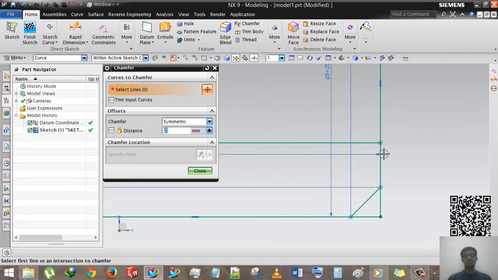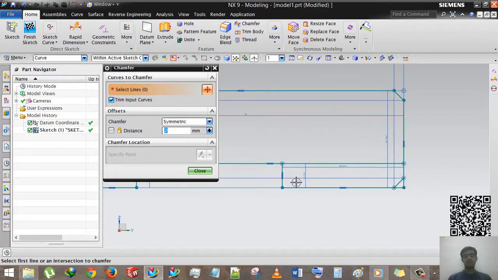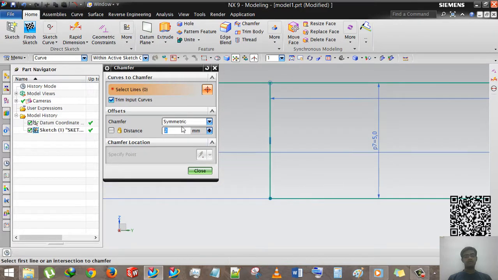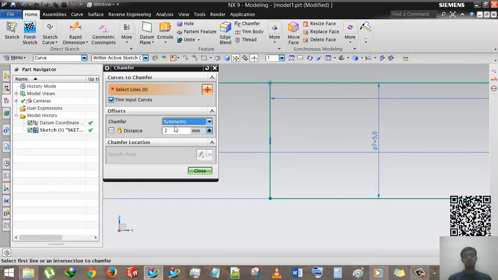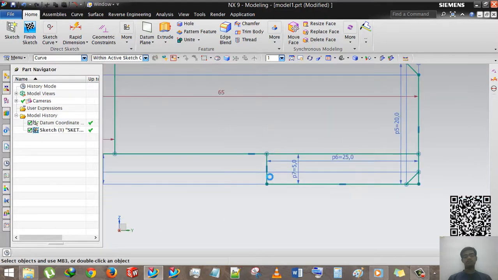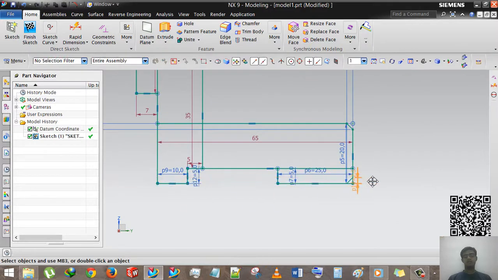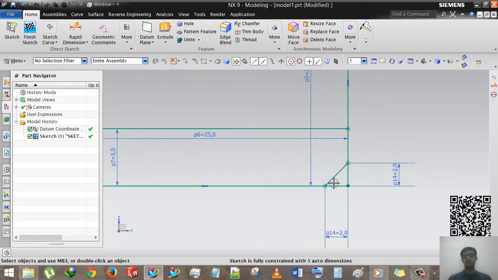Okay, we are not selecting trim, we are selecting trim input curves, and then we are going to use symmetric. This is the symmetric option: the two sides of this chamfer are 2 mm and 2 mm.